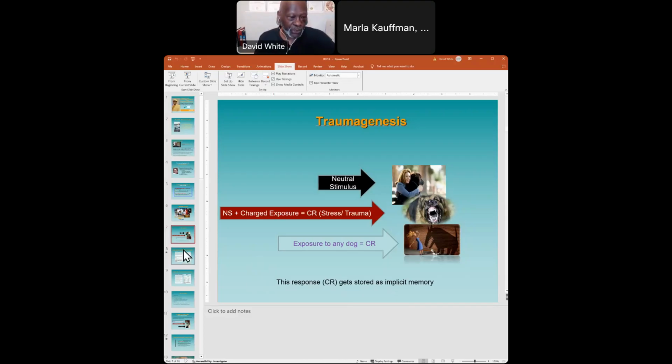So what happens when you have traumagenesis or secondary traumatic stress? Because as you're talking to people and doing your work, you can kind of end up with a narrow lens that you start to believe that people are this particular way, that your clients are, because that's what you're exposed to all the time.